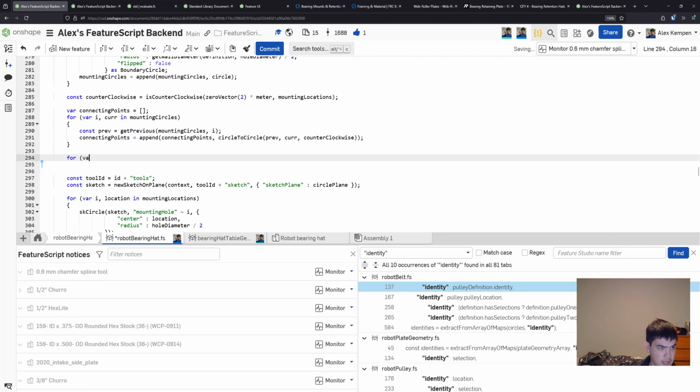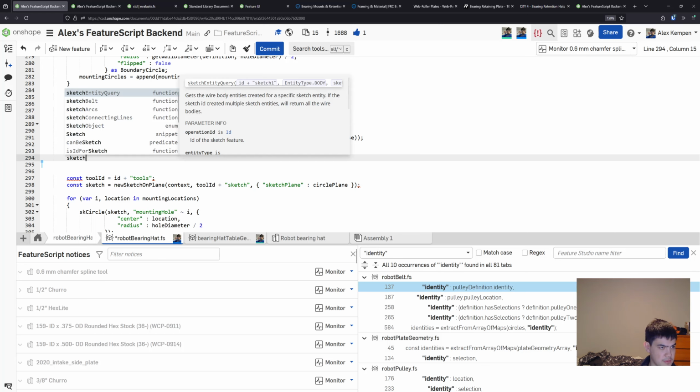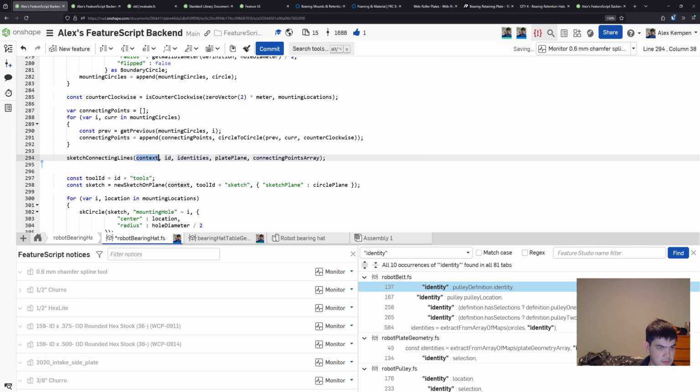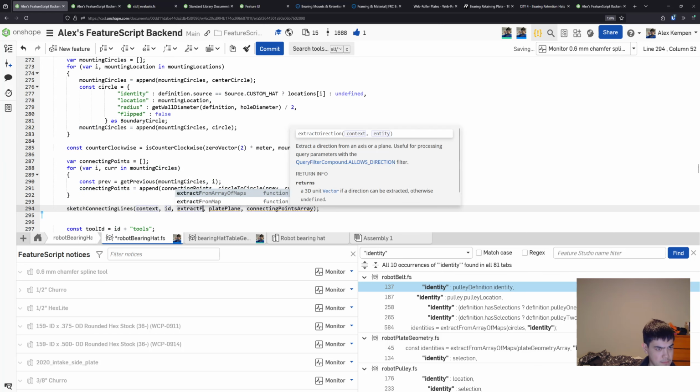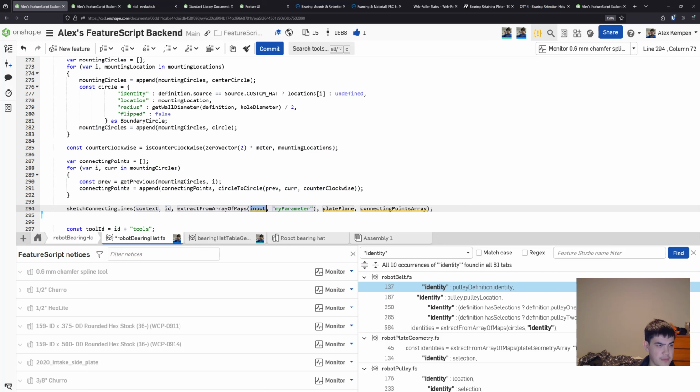So we'll iterate again. I think this is where you sketch. Let's sketch arc, sketch connecting lines. Right. Extract from array of maps. So this just iterates over